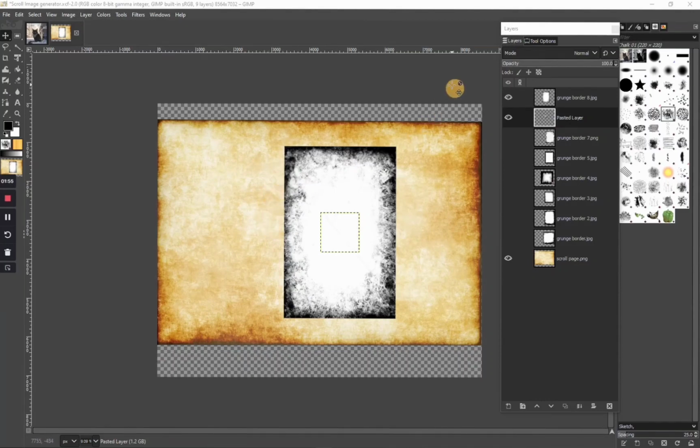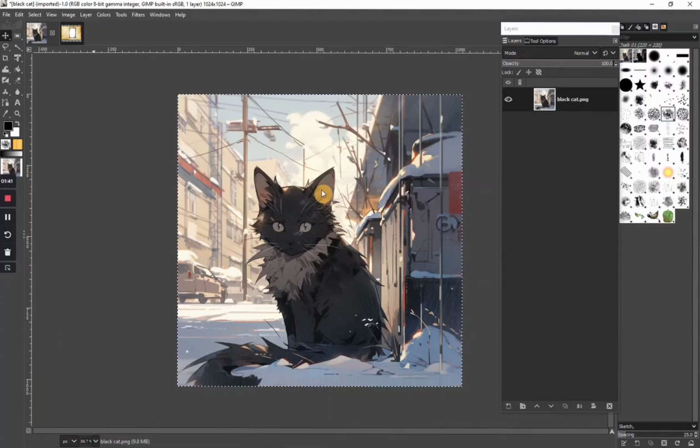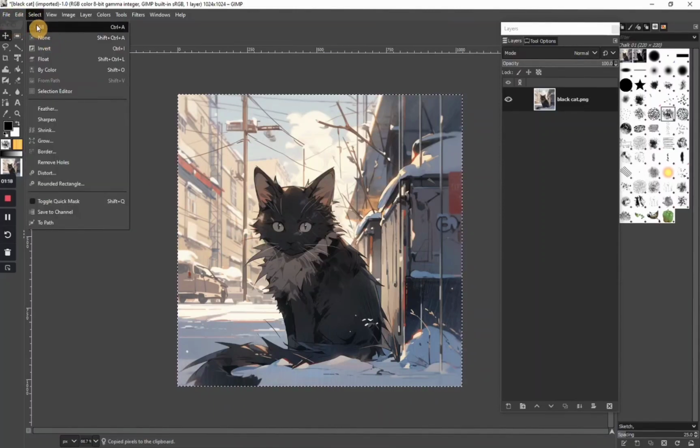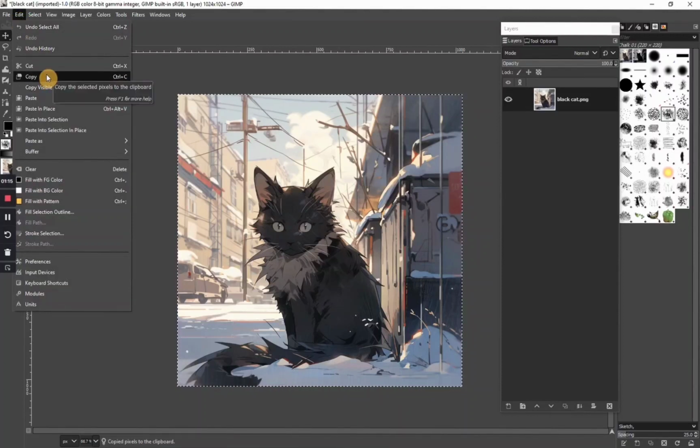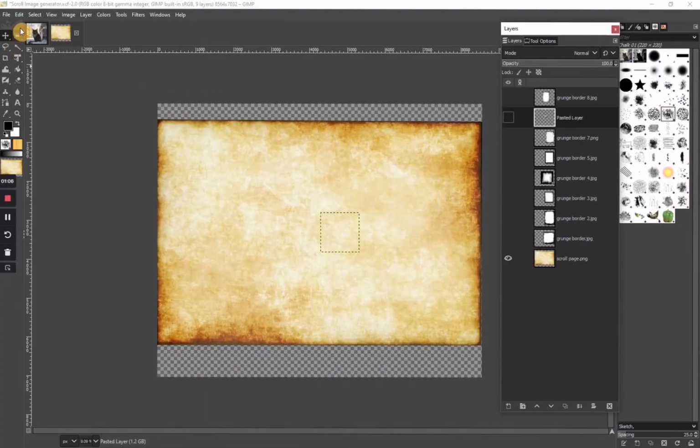So we're going to introduce GIMP by showing how I made my graphic novel images. First thing I did was create an image through Midjourney using an AI generated cat. Control A, Control C, or select all, copy. I opened up a new file of a scroll image